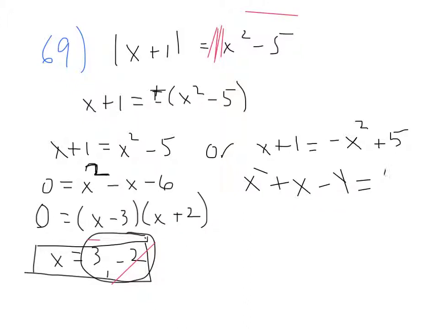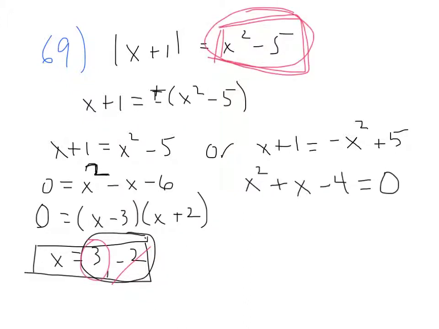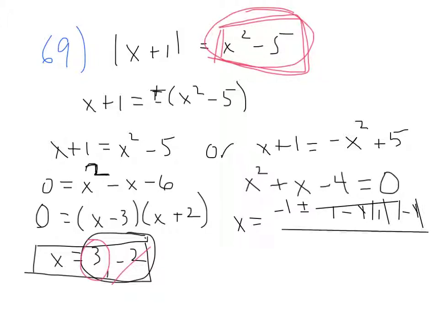By subtracting it, gives us negative 4. This is not factorable. Nothing multiplies to be negative 4 and adds to be 1. So we use the quadratic formula or completing the square. Opposite of b, plus or minus the square root of b squared, which is 1 squared, which is simply 1, minus 4 times a, which is 1, times c, which is negative 4,